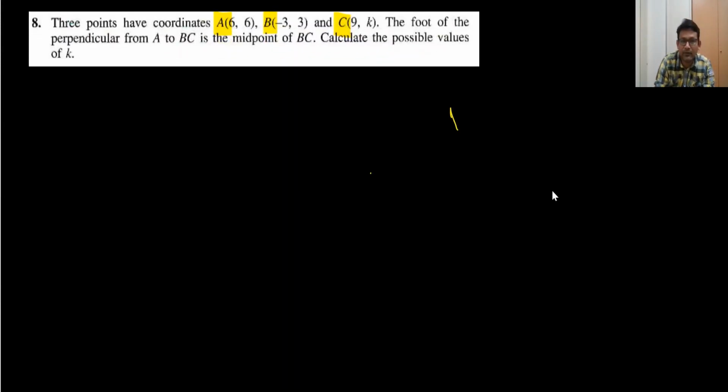So what we can do, we can draw the same diagram, but the midpoint means these two distances are the same. So this is A, this is B, and this is C, and the foot of the perpendicular from A to BC is the midpoint of BC. Okay, this is the midpoint. I can write here M. Calculate the possible values of k, and A is (6, 6), B is (-3, 3),